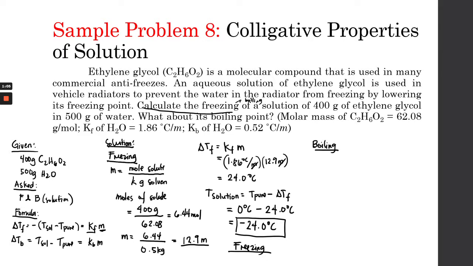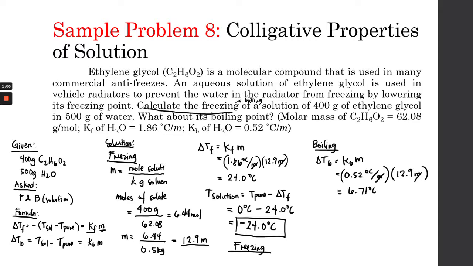So freezing and boiling. For boiling, we have delta Tb equals Kb multiplied by m. We already solved for the molal concentration of our solution, so we just have to plug in the numbers. The Kb of our solvent is 0.52 degrees Celsius per molal, multiplied by 12.9 molal. Cancel the molal, and we get that the change in temperature is equal to